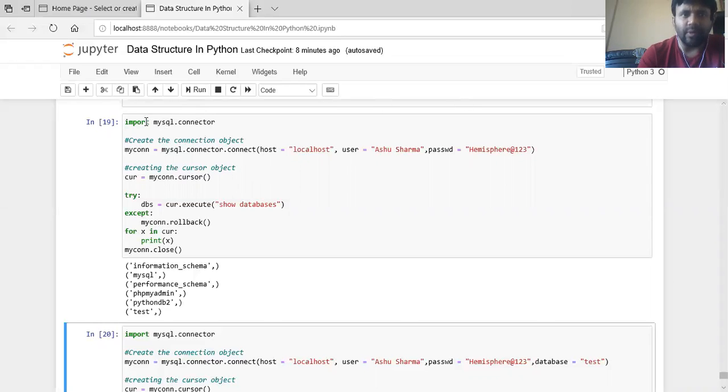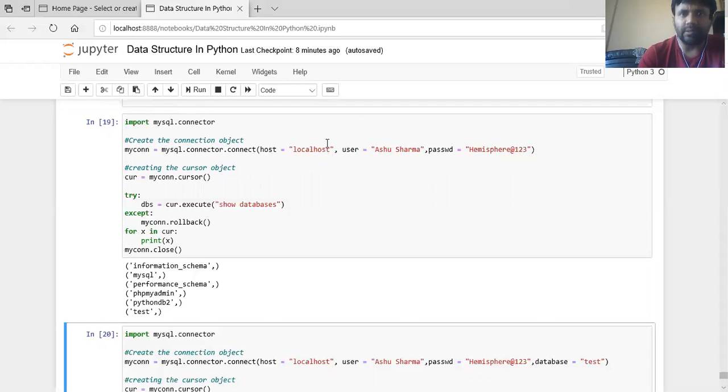Firstly, we have to import the MySQL.connector module, and then we have to create the connection object. My connection is a variable, and we call MySQL.connector.connect. Here we are passing three values. First is the host name, second is the username, and third is the password.